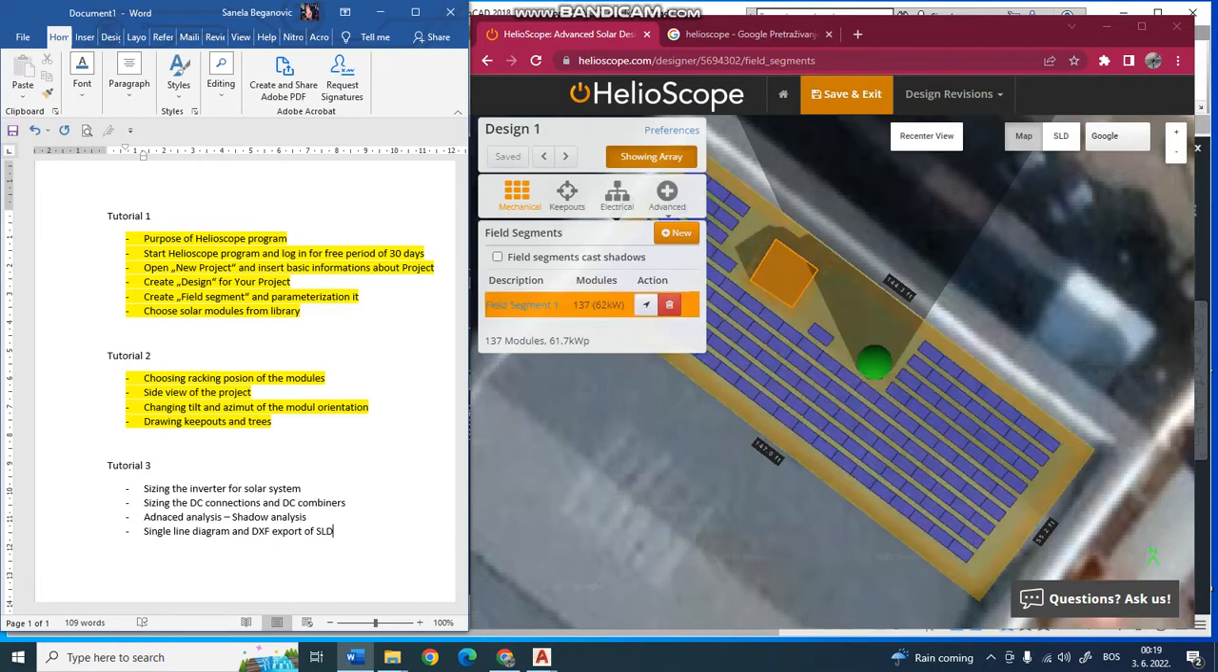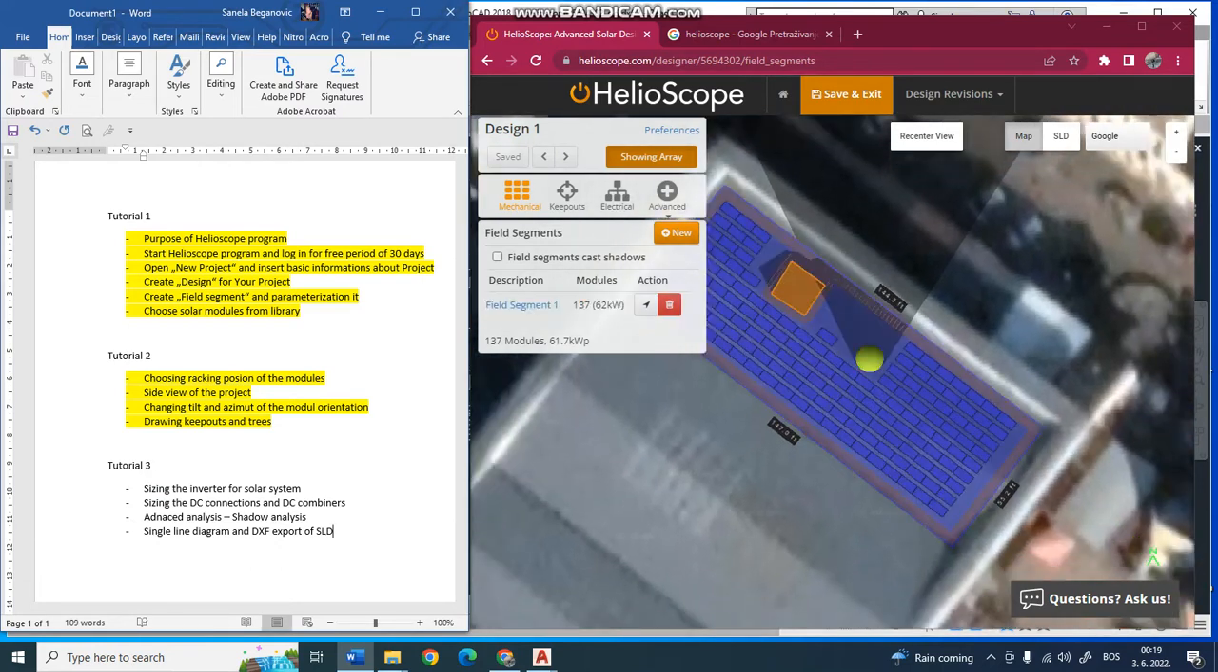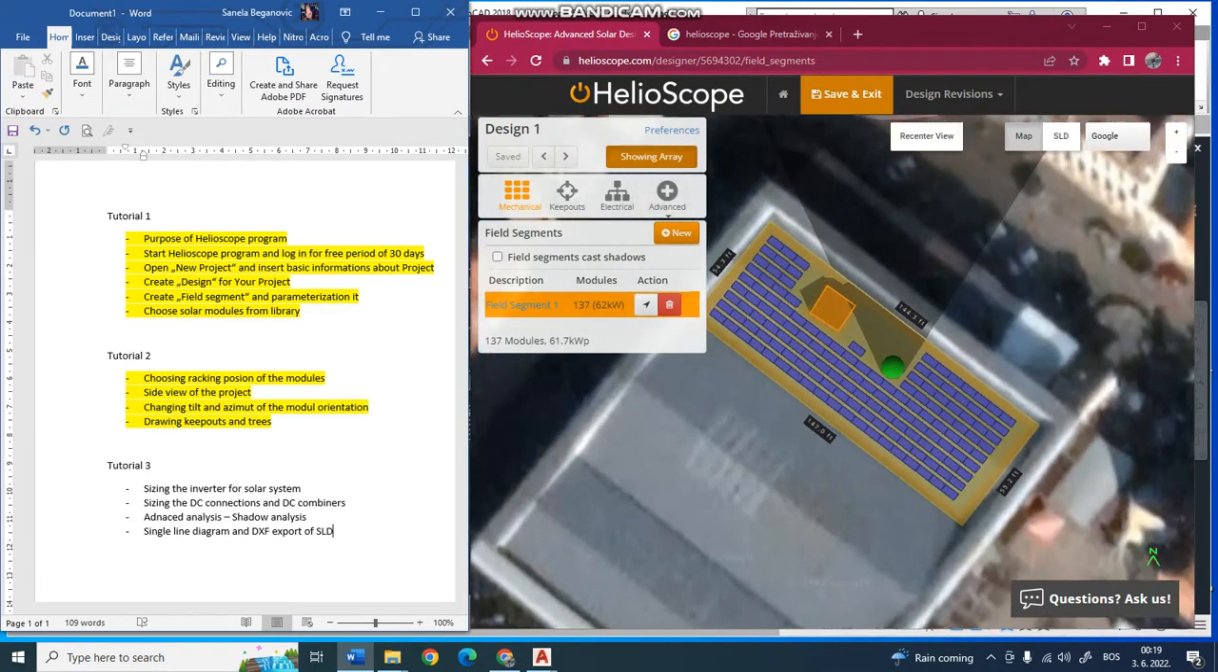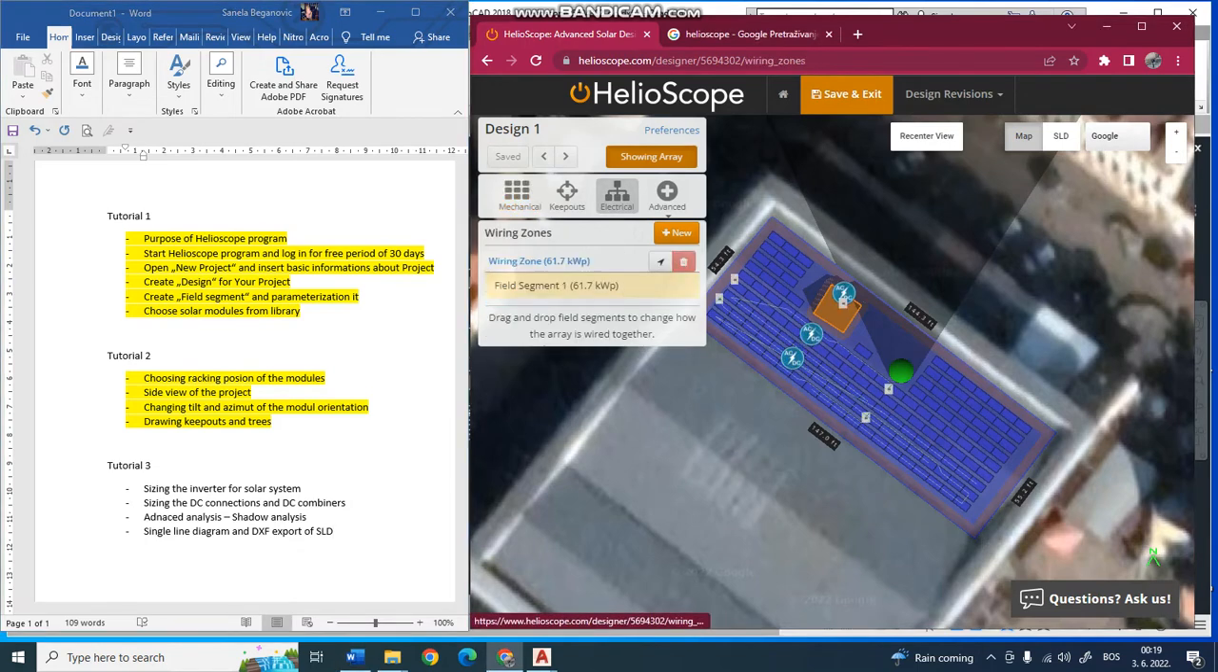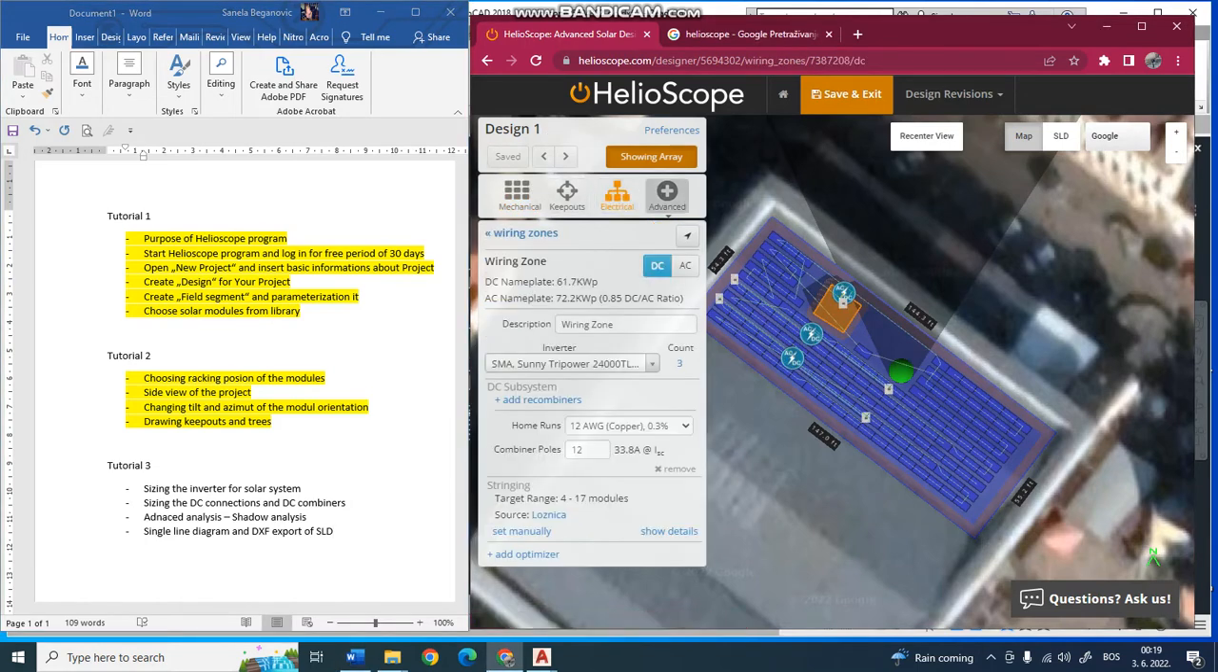After we draw the field segment, we choose the models, we draw the keepouts and everything. The next step is to choose the inverters, or to size the inverters. HelioScope will automatically give you a suggestion for the number of inverters and inverter size. Here you see the nameplate of our system in kilowatt peak, and also what is the